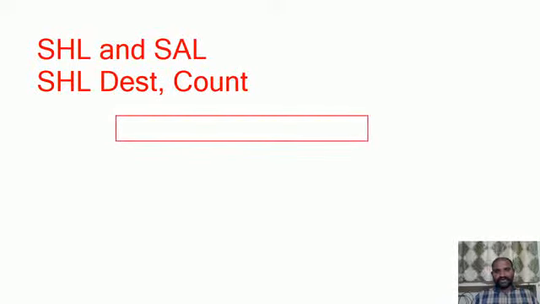Let us suppose I'm having some data. It is a group of binary bits, so obviously we are going to have the LSB as well as the MSB. Assume that this is the MSB, actually the most significant bit. So assume that this bit position is indicating the MSB, and this bit position is indicating the LSB.